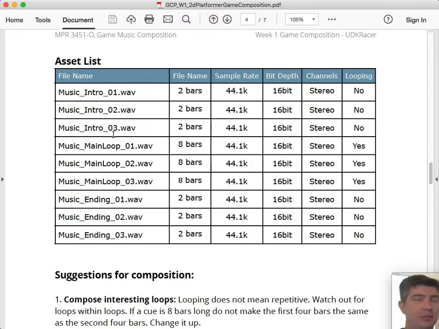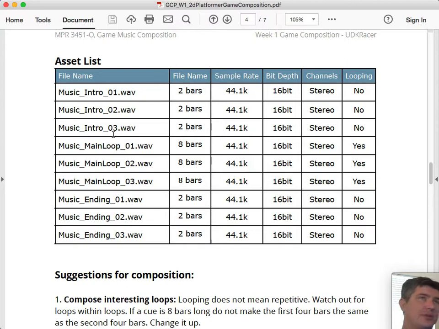Now the game, or the computer, is going to do all of this for you, as long as you set up your files in the correct way: correct file name, sample rate, and bit depth, correct mono or stereo channels. So there should be 3 intro files. If everything's set up correctly, then it's going to randomly choose one of those 3 intro files and play it. Now, the computer has no concept of your music. It doesn't even really know that there's audio playing, or certainly that it's music. All it knows is when that file starts and when that file ends.